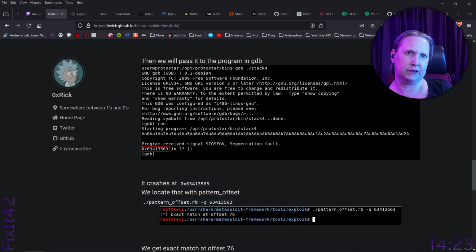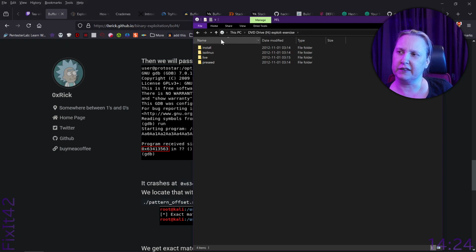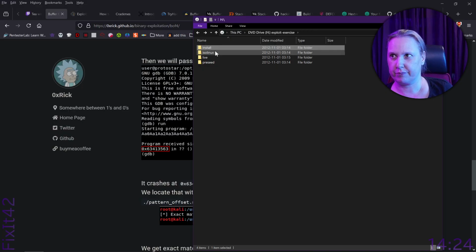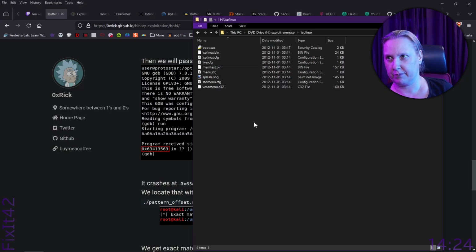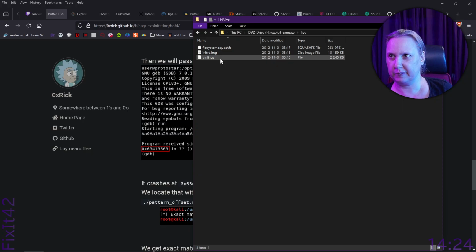Exploit exercises for Protostar 2. And there we have it. I double clicked the ISO. Yeah, so it's not that easy.